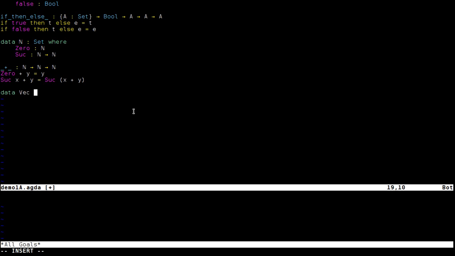Continuing, we'll make vectors so we can have a somewhat more interesting usage of some of the features later on. So we have our empty vector and cons. Again, "L" to reload, just to make sure everything is correct so far. And now we'll define the vector concat. So v concat